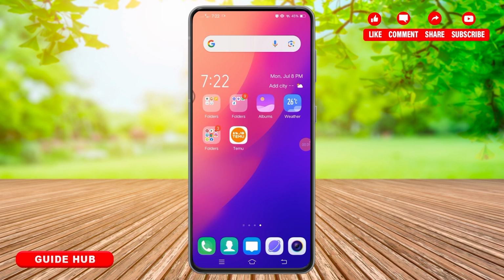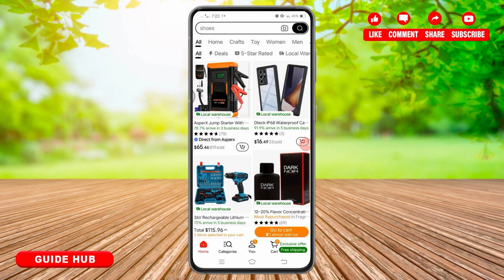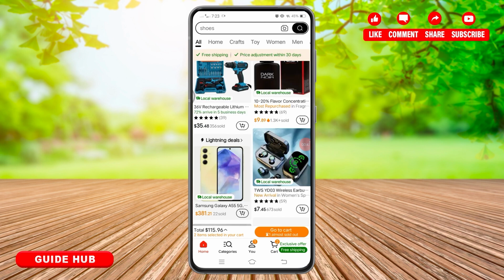First of all, open your Temu application on your mobile device and make sure you are logged into your account. Once you are logged into your account, you will reach this page. On this homepage, you may find various gift cards provided by Temu. You will need to participate in Temu's referral program where you can earn credits or gift cards by referring friends